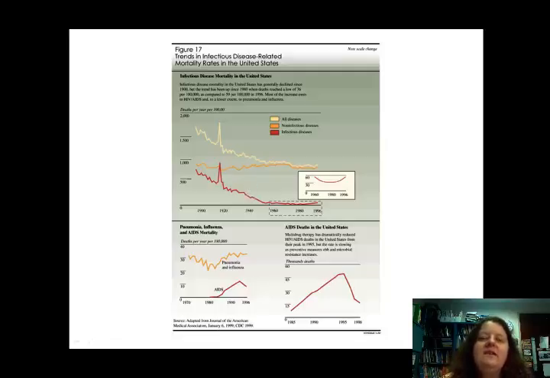What kinds of things can you think of in this country that we do that helps us control infectious disease? Right? Maybe you thought of healthcare. Maybe you thought of antibiotics. Maybe you thought of vaccines. Right? Those are all good things. Those are all excellent things, and they are part of the story.